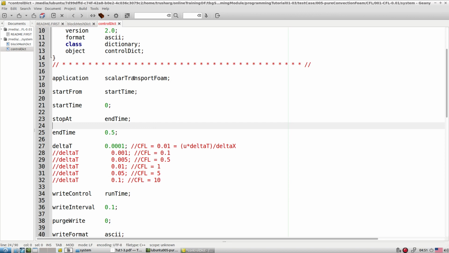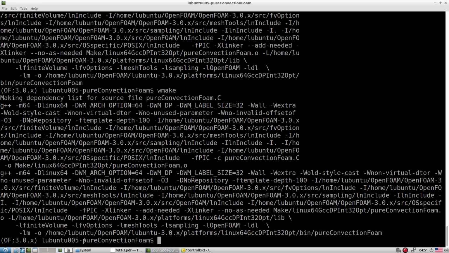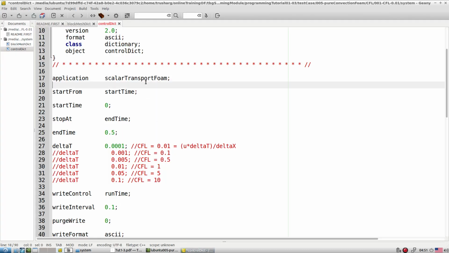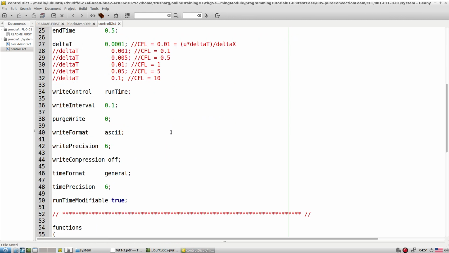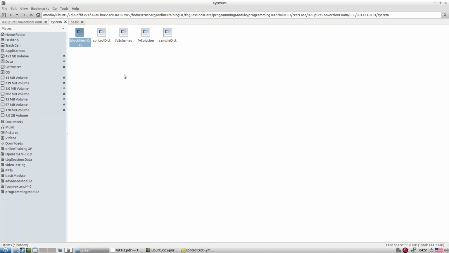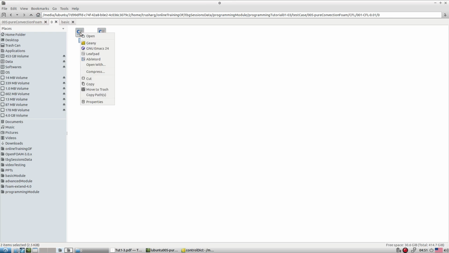Even though I wrote here scalar transport, if you want you can change the name to pure convection form, whatever we develop right now. That is what we have, and we're going to run for something like 0.5 second only. As far as the boundary condition is concerned, let's check. In the 0 folder we have both the files.